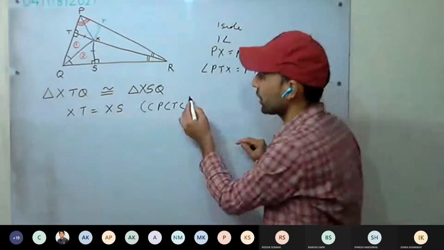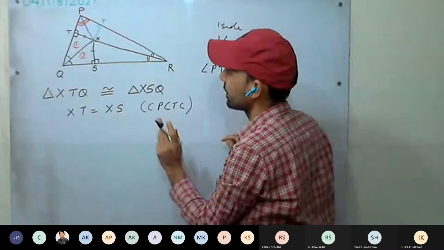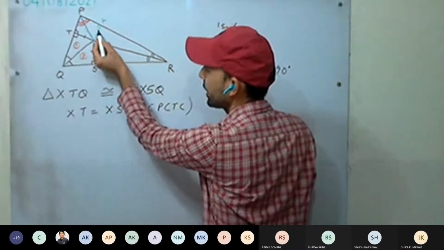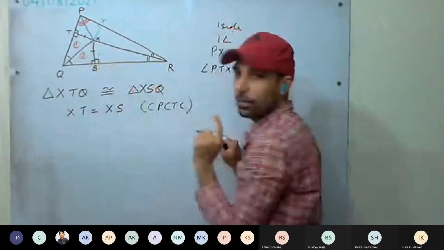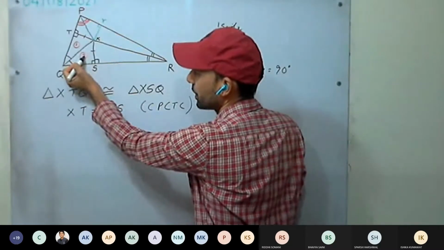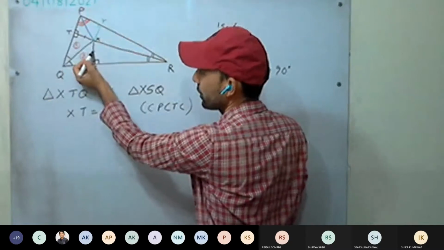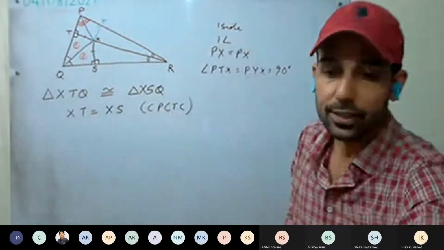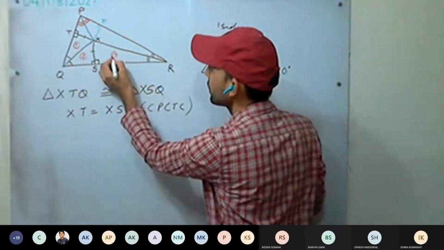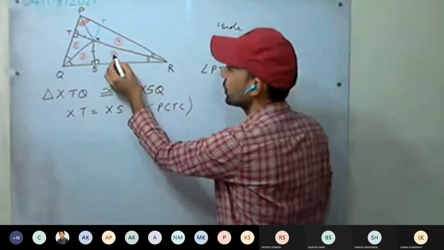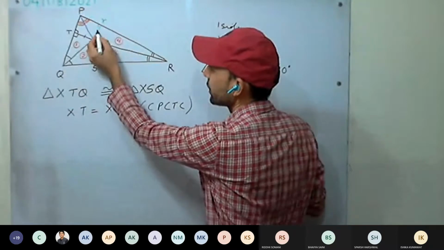So now this time what are we going to take? We have proved this side equal to this side. If we take these two triangles and prove this side equal to this side as well. See it again. These two triangles are congruent, we have already proved. So we have proved this side equal to this side. Now, I'm writing 3 and 4. If we prove the third and fourth triangles are congruent, we can prove this side equal to this side.